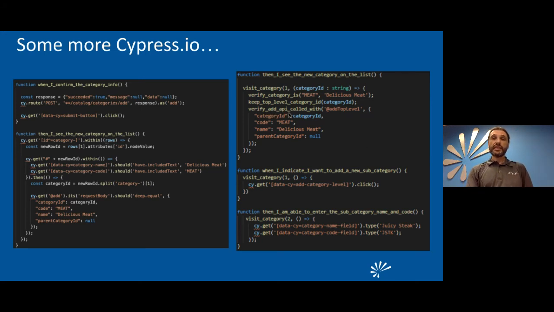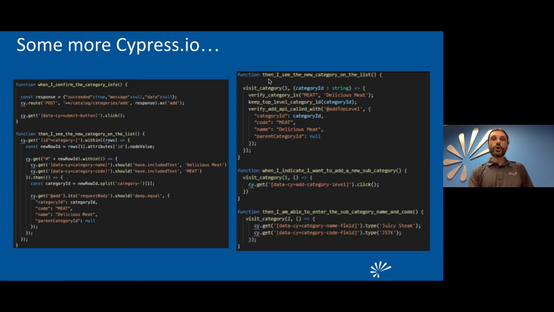And then verify that the add API called with the following payload actually happened, right? Still the same code, but it reads so much better. And I can reuse those functions in this case to write the same kind of test in a much easier way. As I write new tests, it's going to take way less code than it did as I was figuring this stuff out, right?